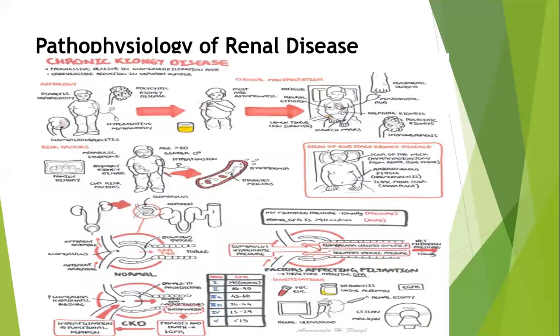Now this is the pathophysiology of renal disease. What would be the pathophysiology of renal disease? That is very important, because pathophysiology is one of the causes and reasons through which we can understand kidney problems and kidney disease. You can see there are a lot of routes, a lot of pathophysiological routes. One is the route of clinical manifestation, during blood pressure. That is one route.